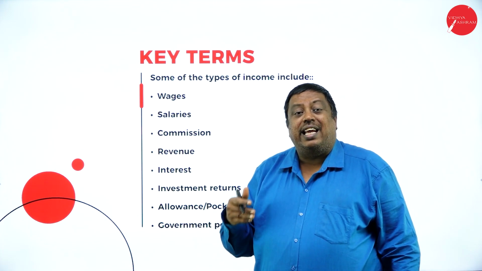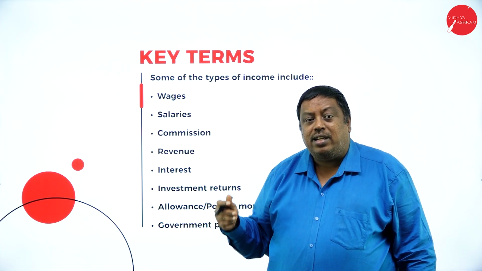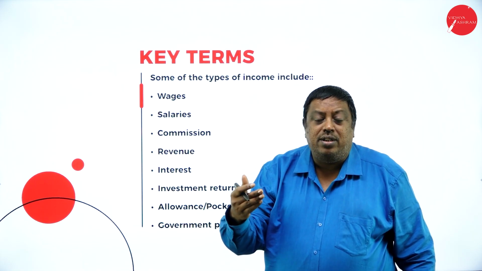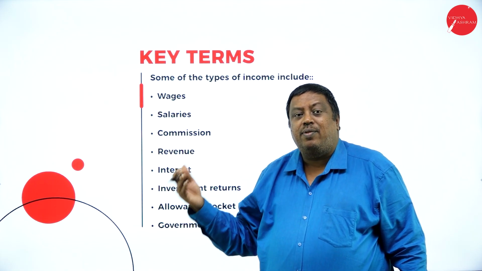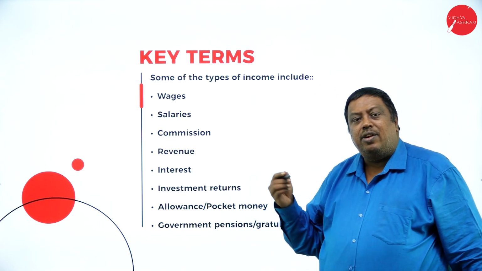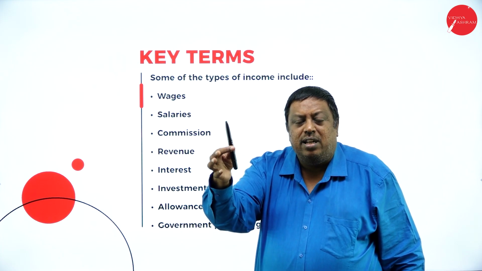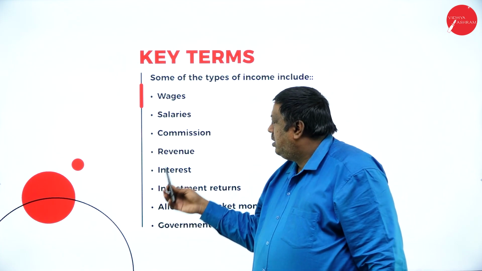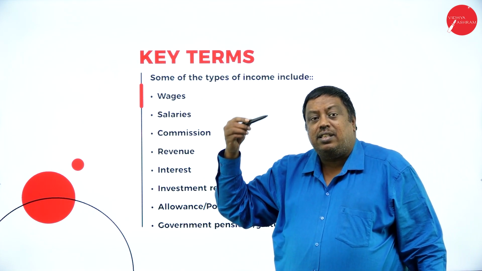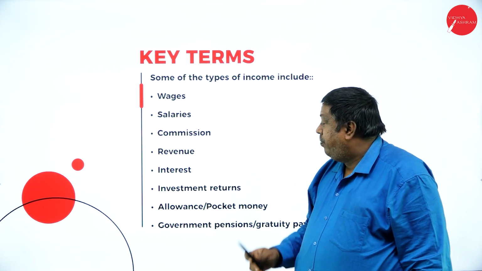Even the LIC agent sells the products of the government, LIC products, to the public, and for that they receive commission for the benefit they have given to the government as well as to the general public. Revenue is when I sell something, for example I sell this pen and earn some money, that is the revenue. And if I deposit money in the bank and receive some additional amount for that, it is interest, it is income.